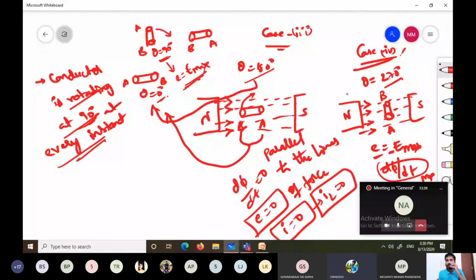Now what happens to the coil current in this direction? It is also a maximum, but in the negative direction, opposite to theta equals 90 degrees. So that's why you are indicating a negative maximum. What about the load current? Load current is positive maximum. Why have I indicated the load current is positive? It will be discussed later.